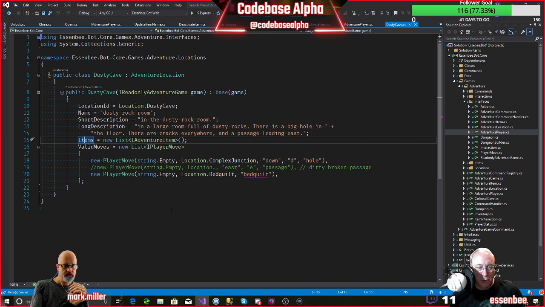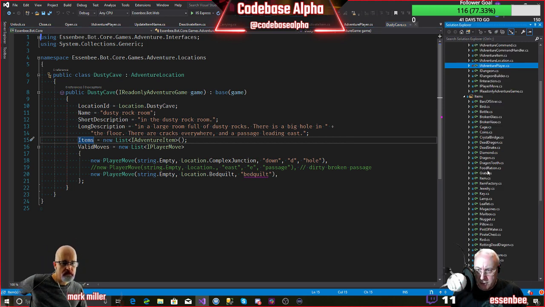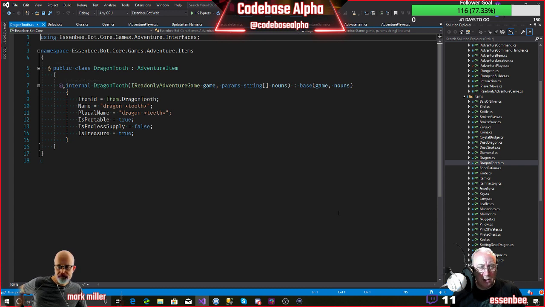But I was wondering if we could create some shortcuts to enable us to create this structure, and perhaps even the adventure item as well, which is another one. We can see one of those. For example, if we look at a dragon's tooth here, you can see it's got some basic structure to it. In fact, if we look at a more complicated one rather than the tooth,